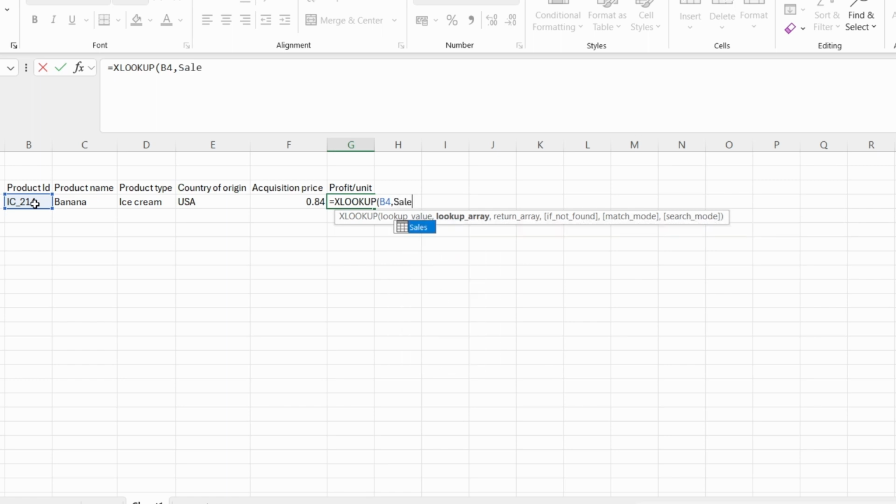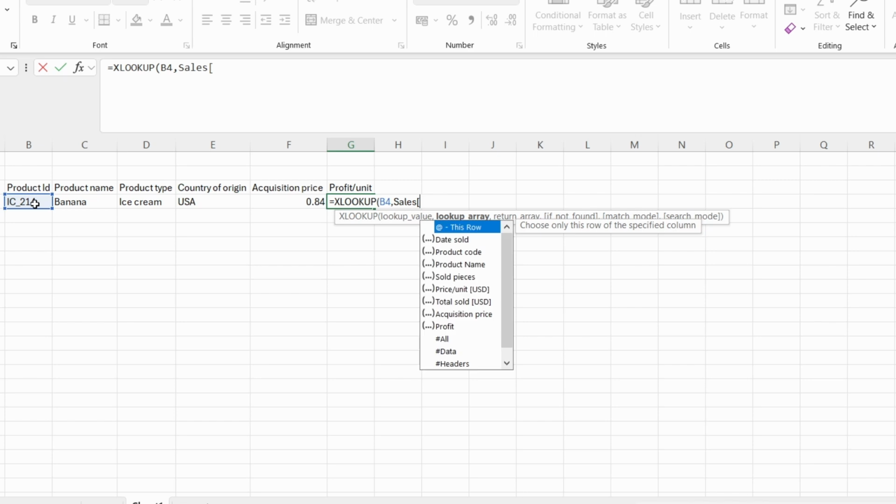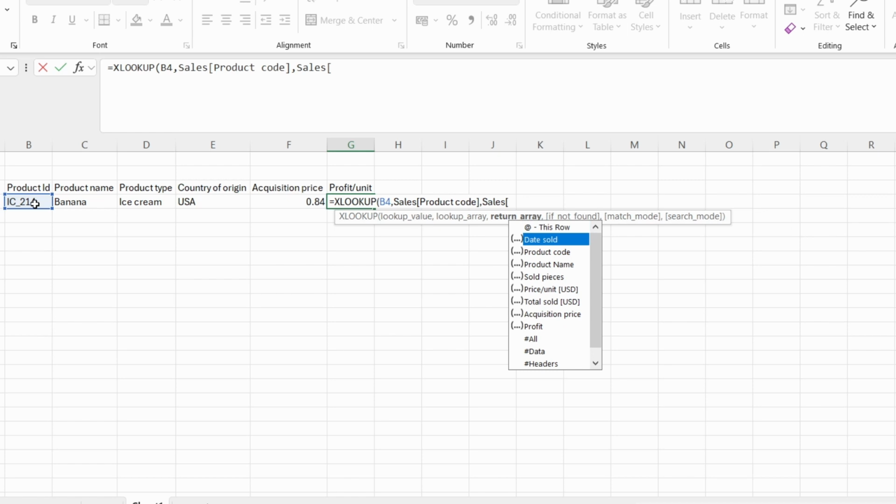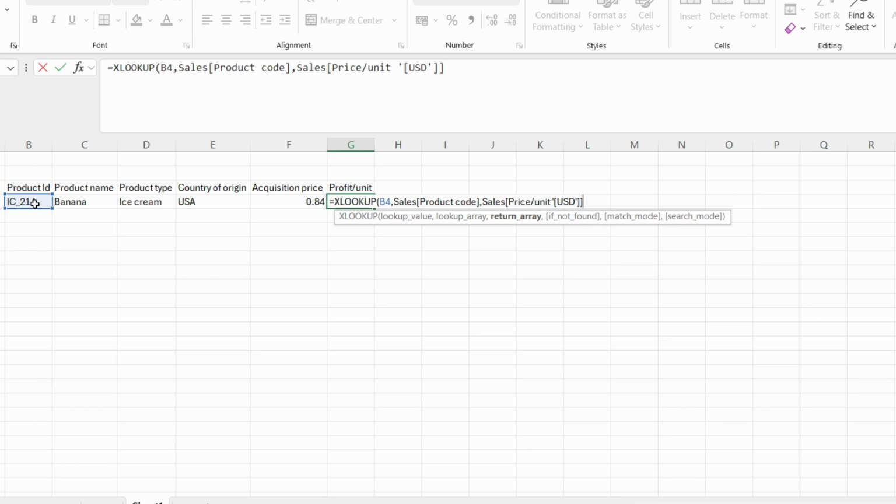No, it will be the sales table. Open square bracket and write the product code, close square bracket, and for the return array it will be the sales table and price per unit sold, close square bracket,